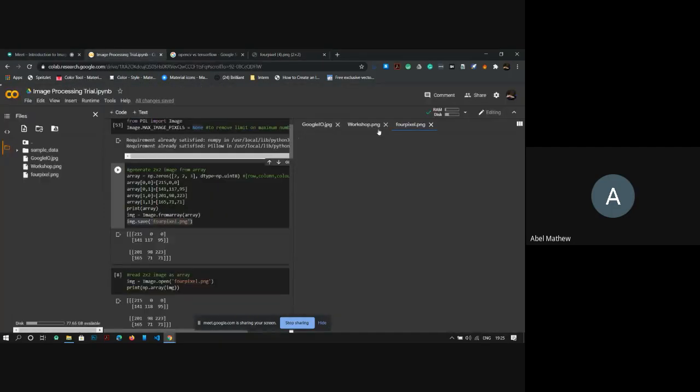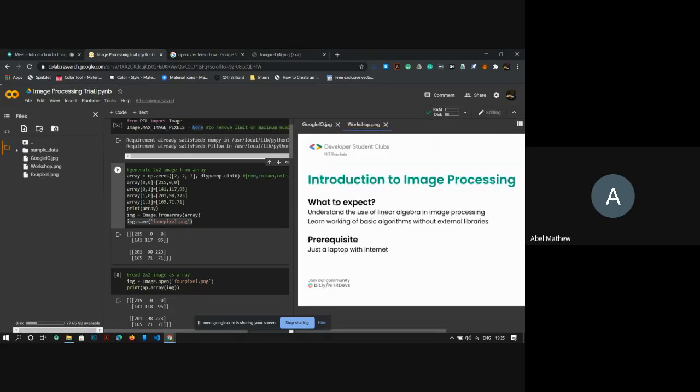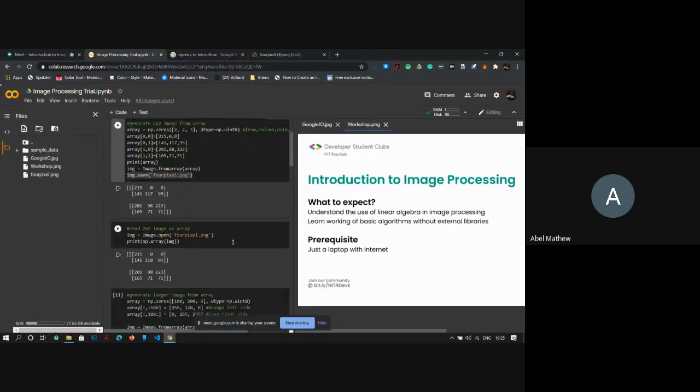So let us do something more visible, because 4 pixels is too small. This second part is independent of the first part. As you can see, I'm opening the image that was created, 4pixel.png, and I'm printing the image, not the original array. If I click run, it should give the same value that was inputted, because we created it from an array and we should get the same array back. And it matches 1 to 1, and it is matching.